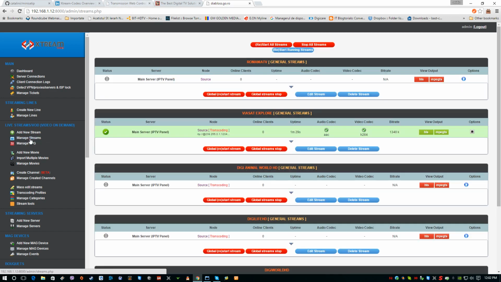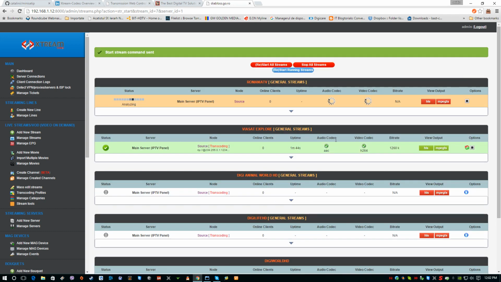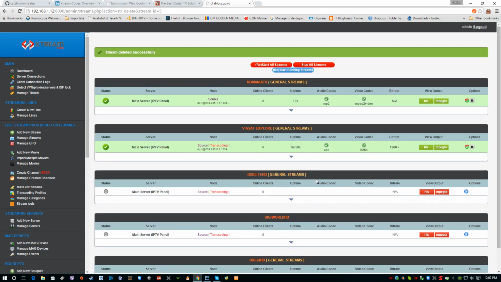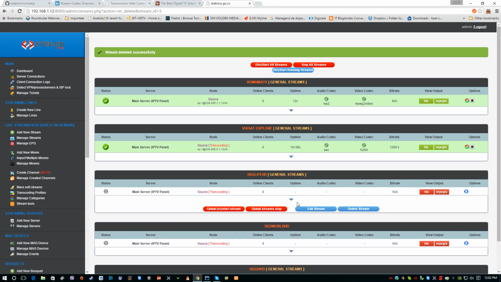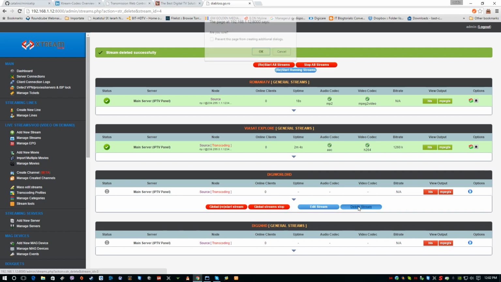Okay, in the manage stream options, look, this one is already green. Yeah, so this stream is already available. The bitrate is a little bit variable, so it's 1.3 megabytes. Okay, and I will also play the second channel. So I will remove the other channels which are not used at this point, because these channels, look, also the second one is green. Yeah, let's remove the other channels which we are not using for this tutorial. Like this we can remove channels,